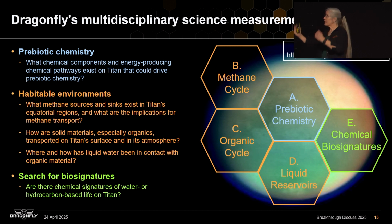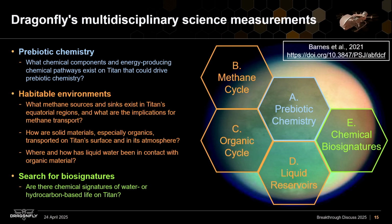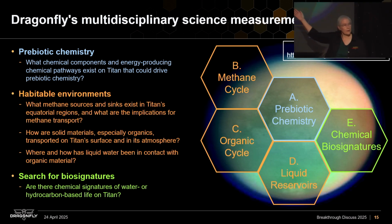So with Dragonfly, we're fundamentally looking for answers to questions about chemistry. What are the chemical components available on the surface, and what chemical pathways exist that could lead to interesting chemistry? We know that all the ingredients are there and have been there on the surface, and what we want to do is pick up basically the results of the chemistry experiments that Titan's been doing for us. And we want to put that into the context of understanding the habitability of this world in the outer solar system. We want to understand the atmosphere, the methane cycle, the processes that mix, modify, and transport organic material on